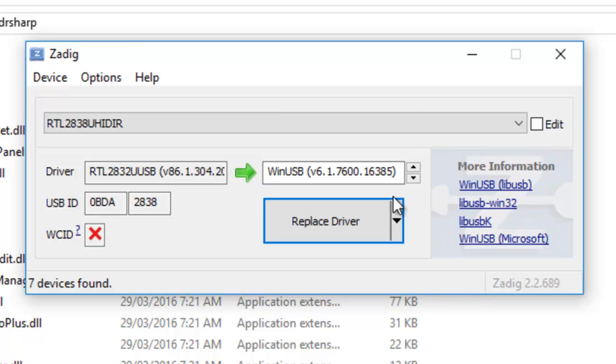So we have the right driver. At the moment Microsoft, I'm using Windows 10, has installed a driver for the dongle, but now we want to replace it with the specific driver that we can then use for the spectrum analyzer. So we click replace,